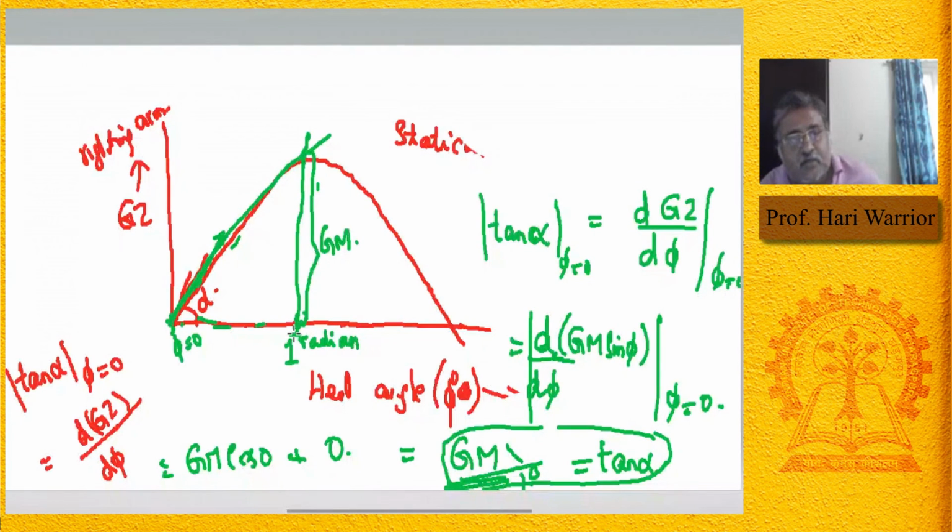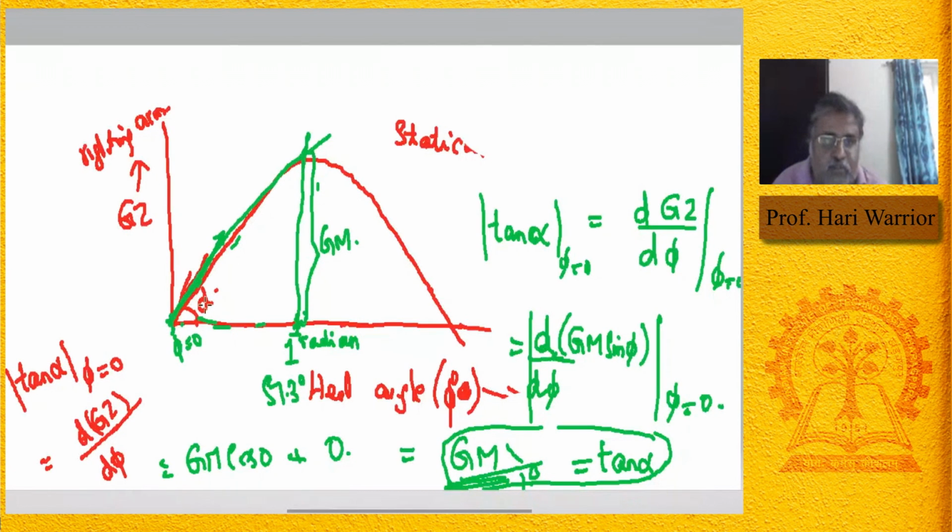I'm not just using it for this purpose. In every kind of mathematics you do, you work with radians. So when you take 1 radian, which is about 57.3 degrees, if you draw a perpendicular upwards, and similarly draw a line from the origin as a tangent to this curve, the two will intersect at a point which will be equal to GM.